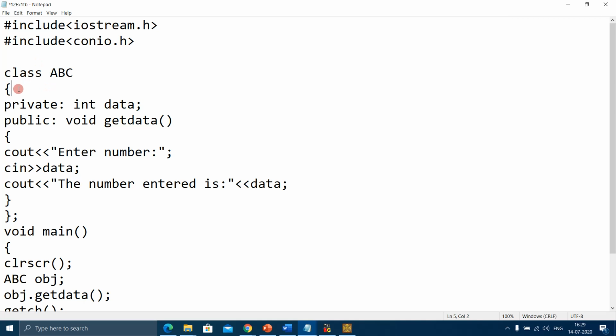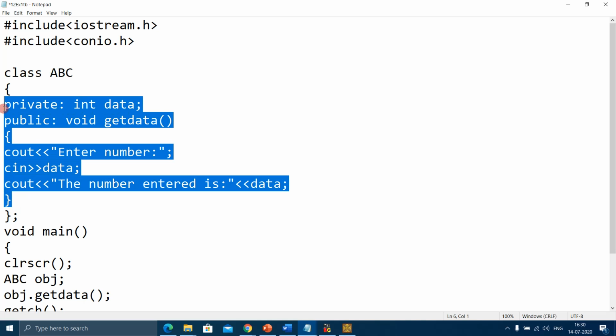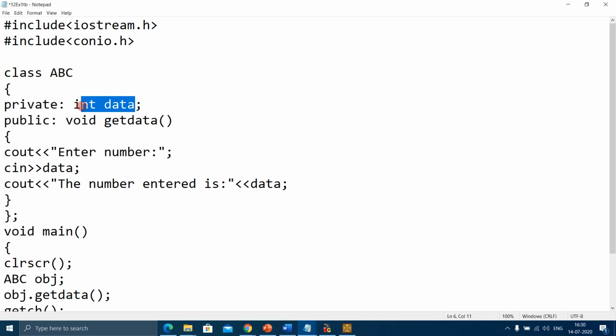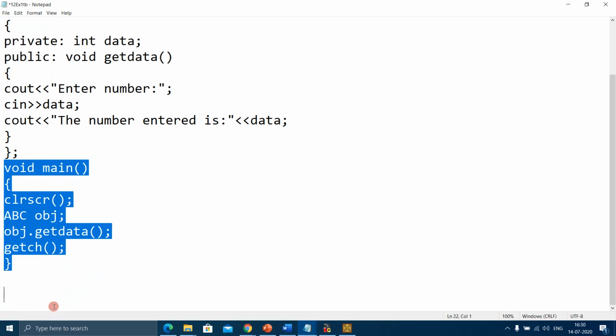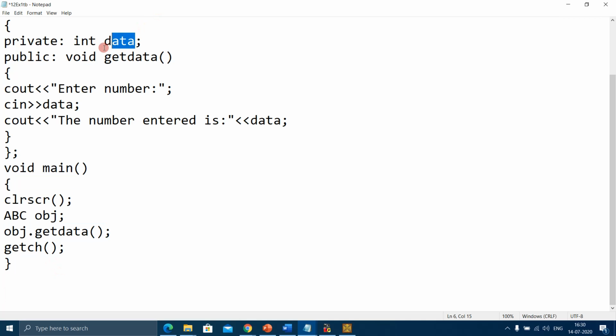Where does it get closed? Here. Curly braces and semicolon mean the class is closed. So whatever is within these two curly braces falls under class ABC. This int data is private to class ABC, and anything outside the class cannot access this variable.